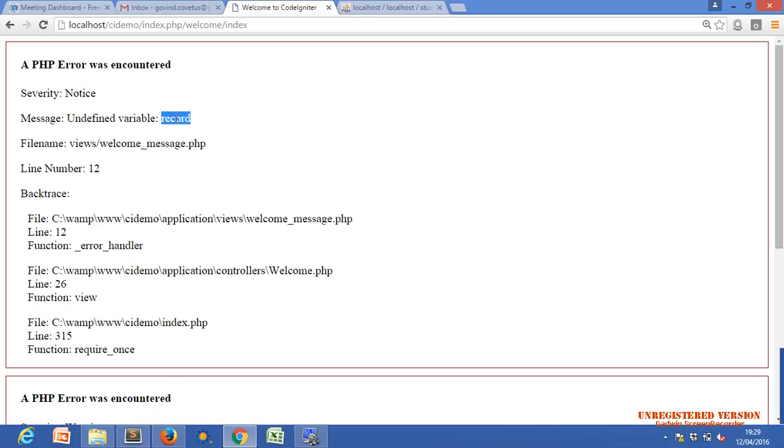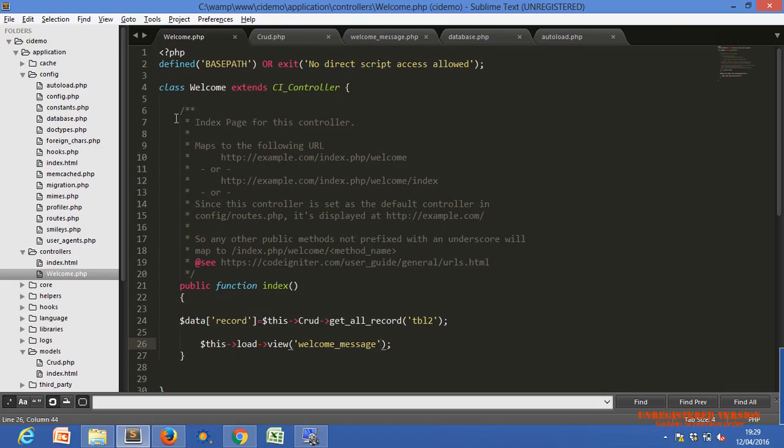So we have to pass that variable. We are not able to directly pass only record, because it should be within a variable. If I just pass that kind of thing, it will generate the same error.